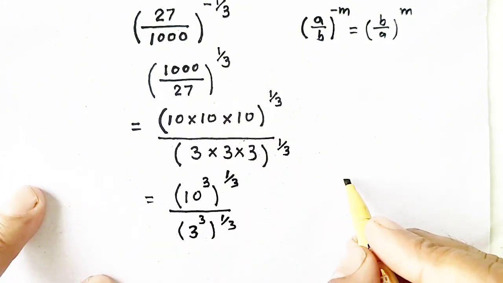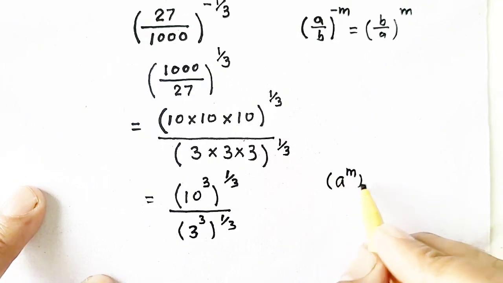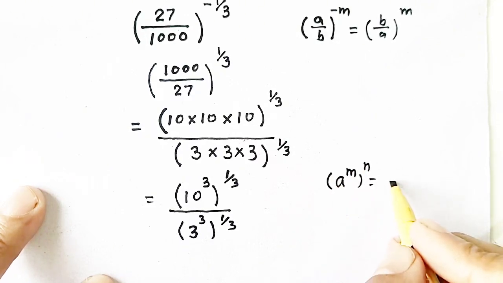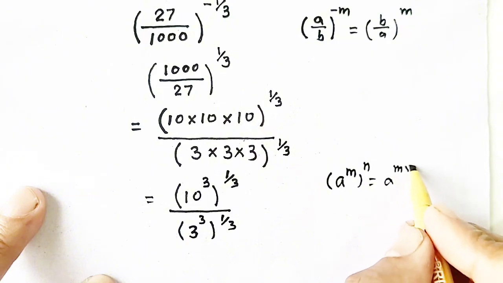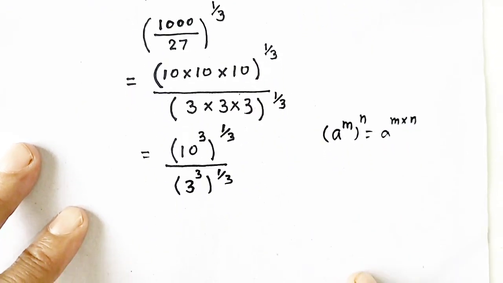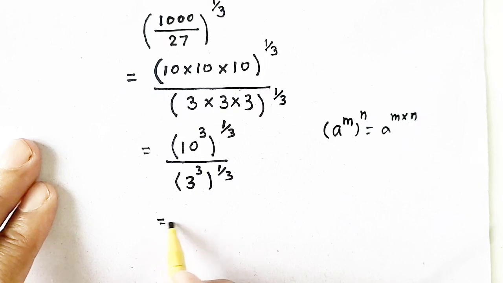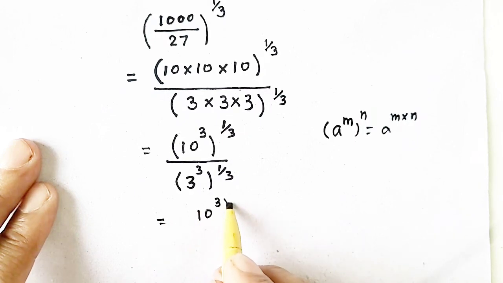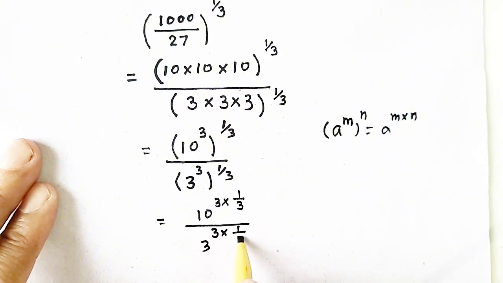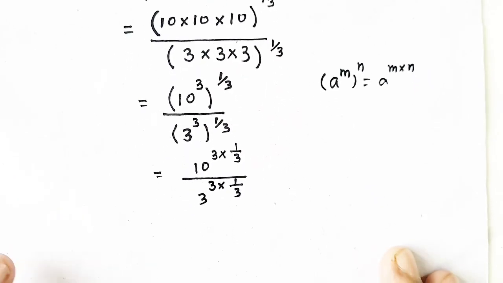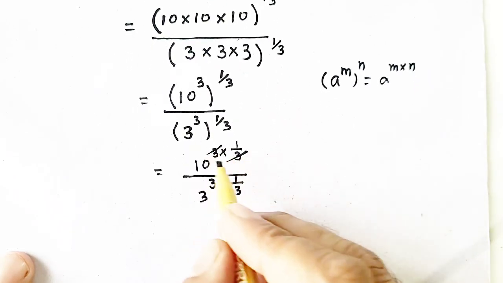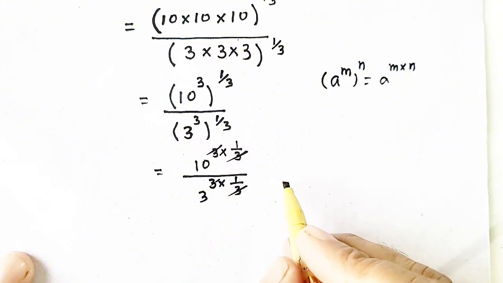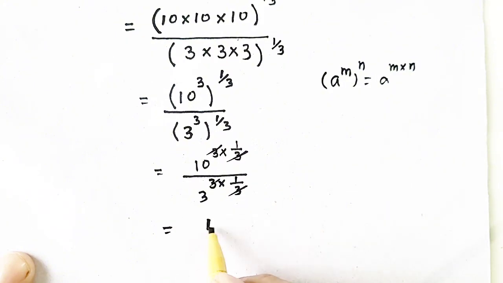Now we have a rule: a raised to m, all raised to n, will be written as a raised to m multiplied by n. So we will write this in the same way. We will get 10 raised to the power 3 multiplied by 1 by 3, and 3 raised to the power 3 multiplied by 1 by 3. Here is simple cancellation. 3 and 3 are canceled, and here is also cancellation. So we will get 10 divided by 3,